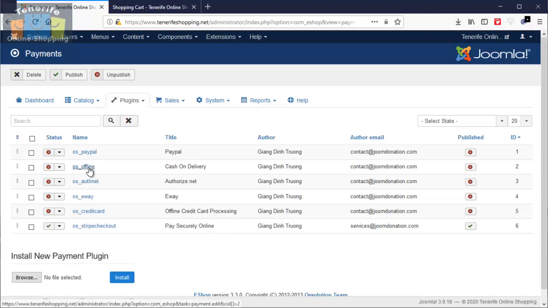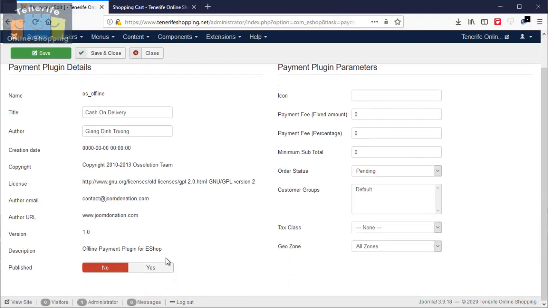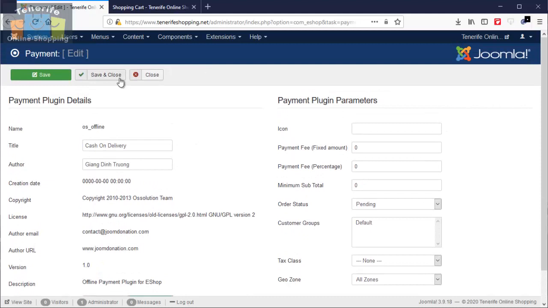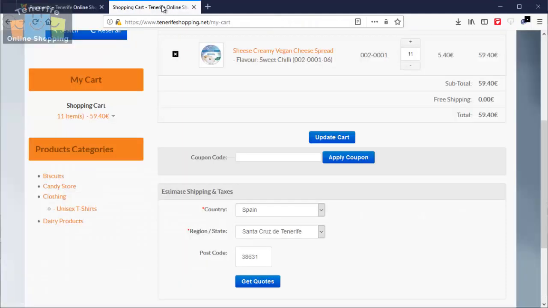The offline payment is the cash on delivery option, so we can select that. And you'll see there's really nothing to configure. We just have to make it available, save and close. And if I go to the shopping cart,